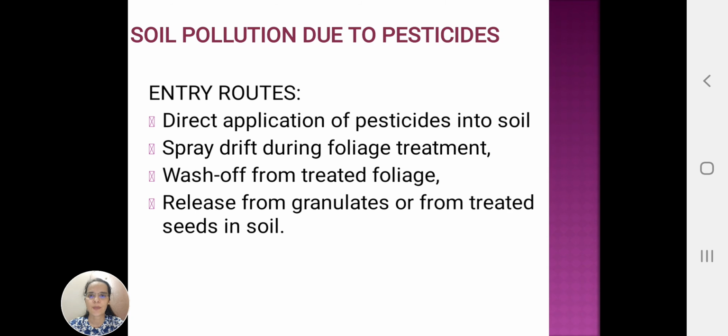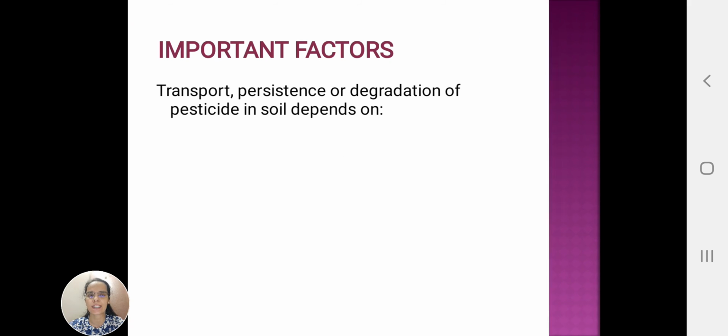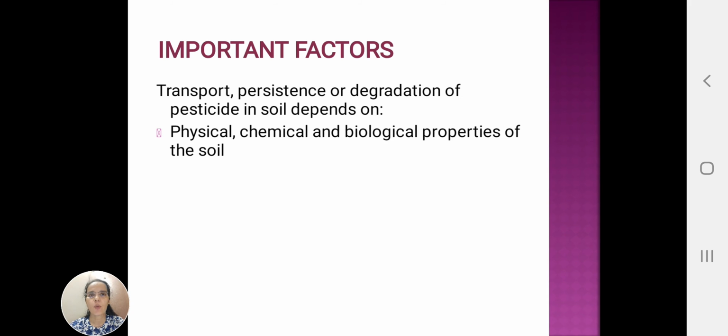Soil pollution due to pesticides. The entry routes include direct application of pesticides into soil, spray drift during foliage treatment, wash-off from treated foliage, leaching, surface runoff, and release from granulates or from treated seeds in the soil. Some of the important factors which include the transport, persistence or degradation of pesticides in the soil depend upon